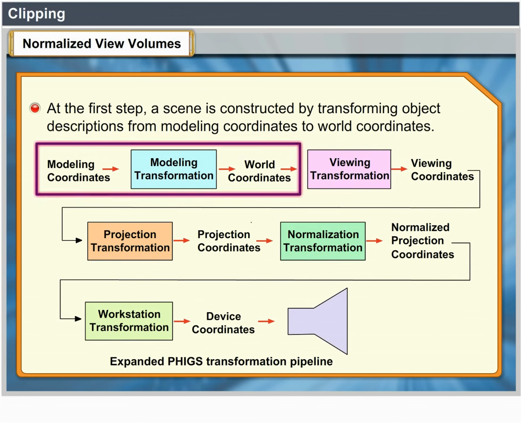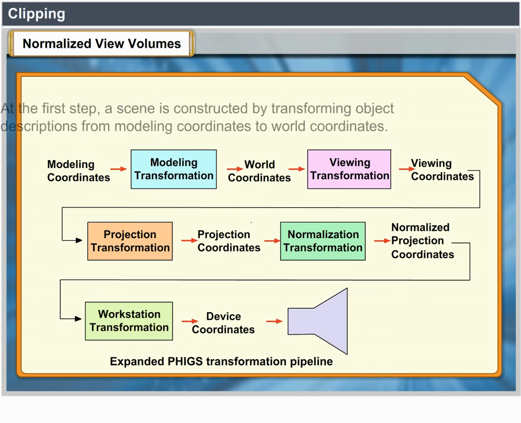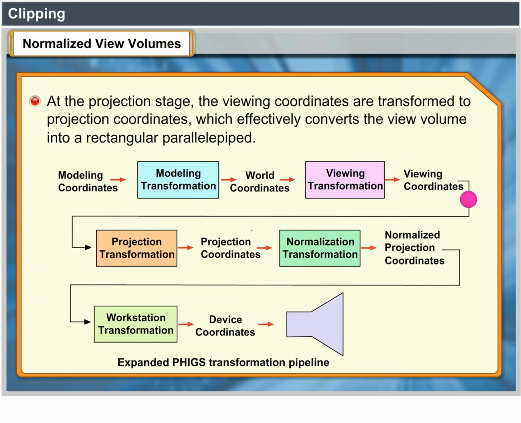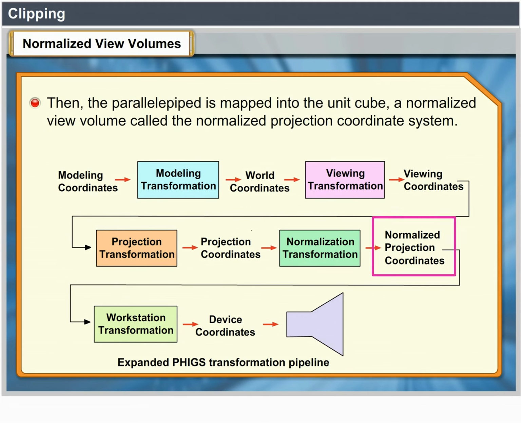At the first step, a scene is constructed by transforming object descriptions from modeling coordinates to world coordinates. Next, a view mapping converts the world descriptions to viewing coordinates. At the projection stage, the viewing coordinates are transformed to projection coordinates, which effectively converts a view volume into a rectangular parallelepiped. Then the parallelepiped is mapped onto the unit cube, a normalized view volume called the normalized projection coordinate